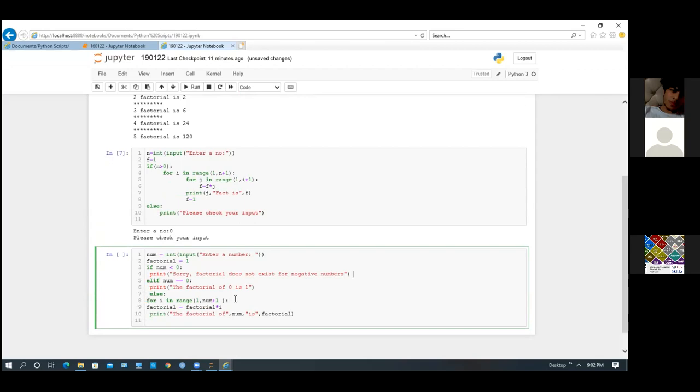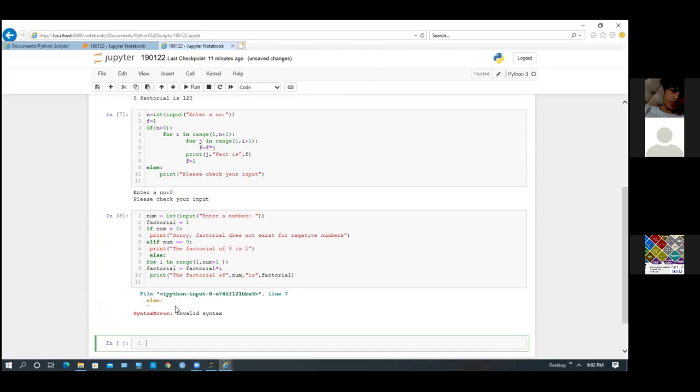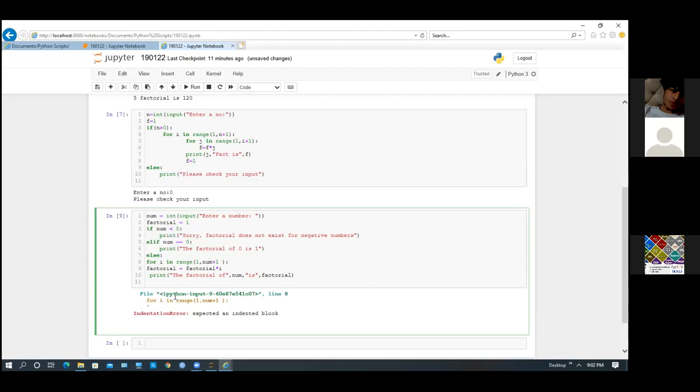Else if, okay, let me run it. So first of all, there is an error in else. This thing we haven't discussed, we will be discussing. Expected, so if we are reading, now this print will be here. There is an indentation error. See, expected an indented block. So in case of Python, indentation is very much mandatory. Without proper indentation, the program will return an error.